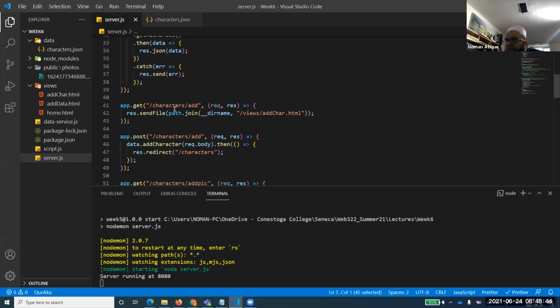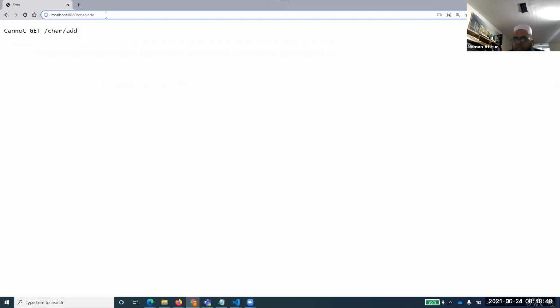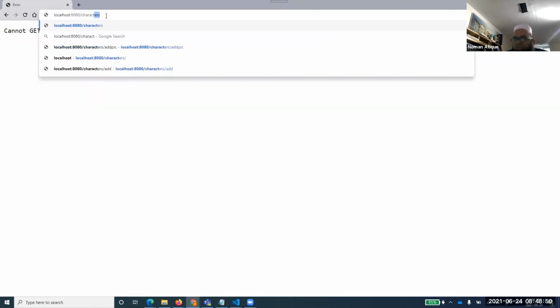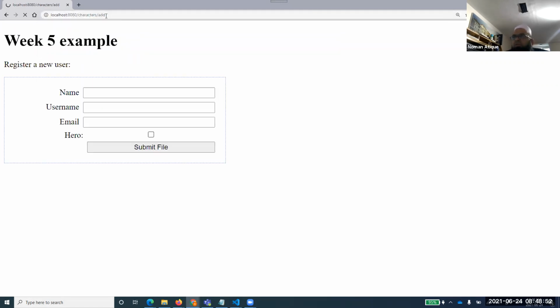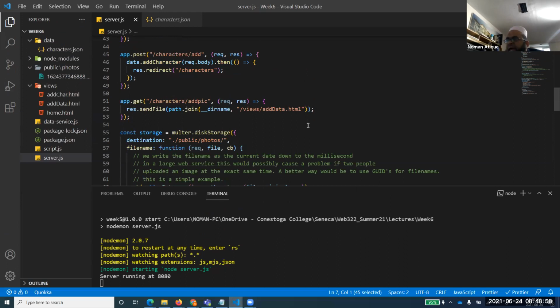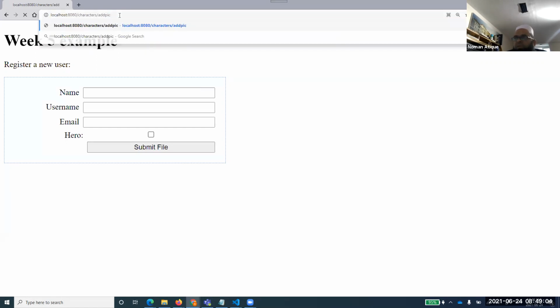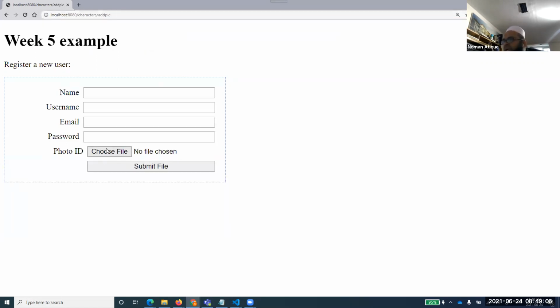So what was that? Characters/add, right? So characters/add. We could add some character if you want. We could register a new user. This was another route that we were using. And then we had add pick, and this add pick was doing a wonderful thing for us, that we could also select a picture out of it. So these were the few things.